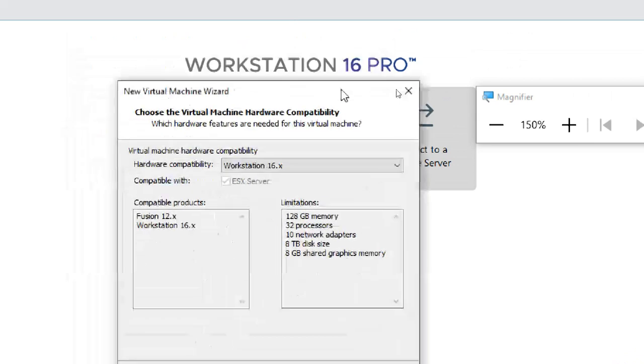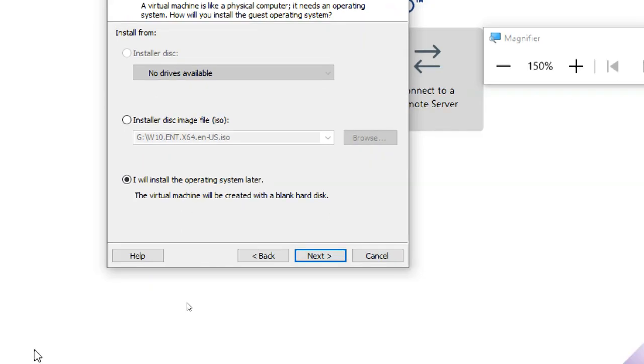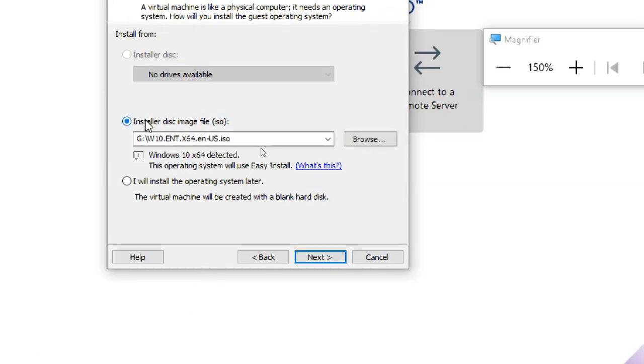Next, select the last one. But what are these options? The first option is physical CD. If you have a physical CD-ROM, then you can select the first one. I don't have it, I removed it also. Next, if you have an image, you can use it by browsing.